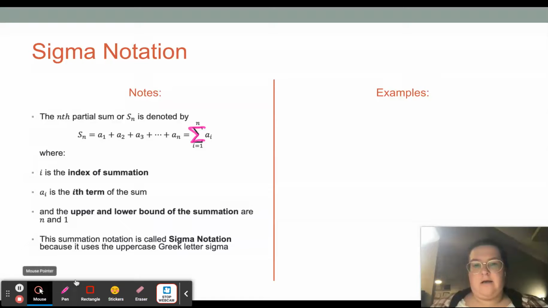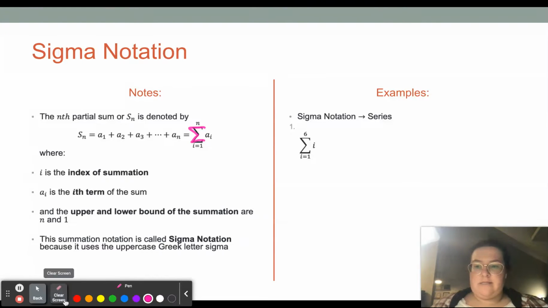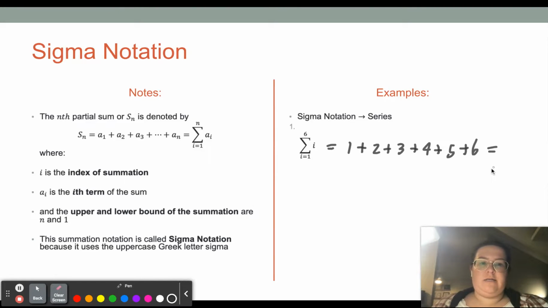Let's practice going from sigma to series. This is a notation for a series. Again, this index is your variable. This is your formula. This is your start, and this is your end. So your formula is just i. When i is 1, it's 1, and then you go up to 6. When i is 2, you have 2, and then 3, and then 4, and then 5, and then 6. And then you should get